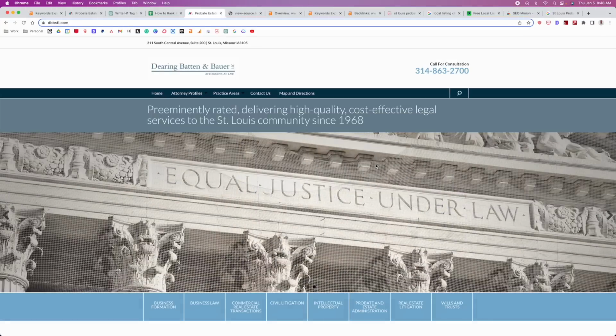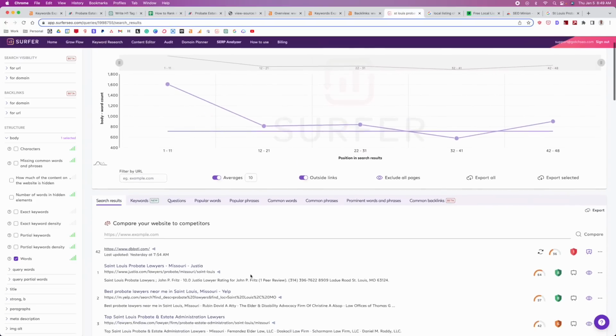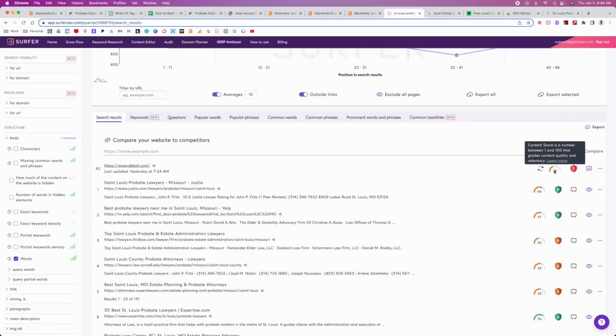Now, the next thing is we actually want to optimize this page using Surfer. So if we go over here, take a look, I ran it through Surfer. This is for St. Louis probate lawyer. And you'll see that they scored about a 36, okay? So we'll go over here to the audit, and we're gonna find that there's a lot of room for improvement